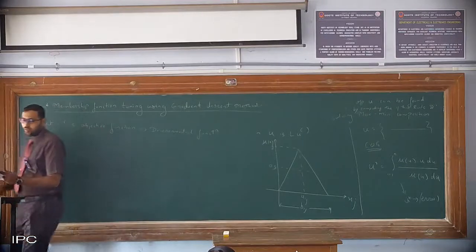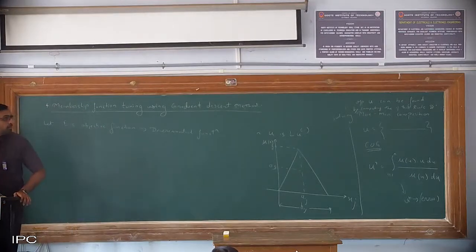Now, what we are going to do here is, we have got an error. When we are talking in terms of algorithms or optimization techniques, we say it as an objective function. What is our objective? Objective is to decrease the error. Yes or no? So the error equation becomes our objective function now. So error is nothing but my objective function.